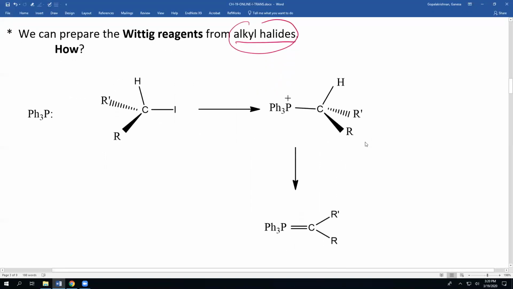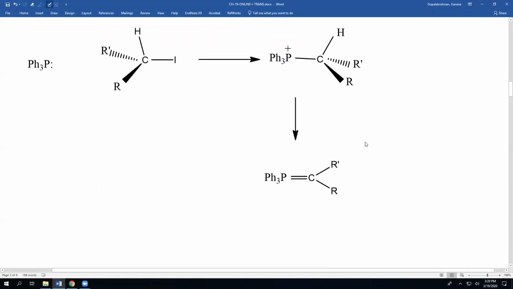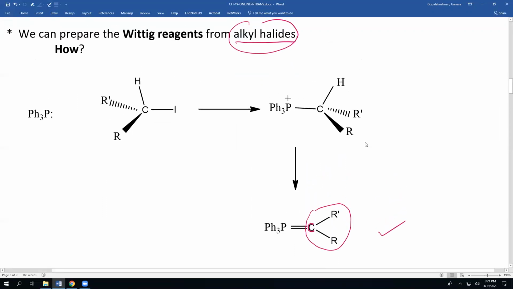For example, if you want to make this Wittig reagent, examine the carbon and the 2 R groups on it. So you must select an alkyl halide that contains that group on the alpha carbon. Look at it here. I selected an alkyl halide which contains those 2 groups and a good leaving group, iodine,